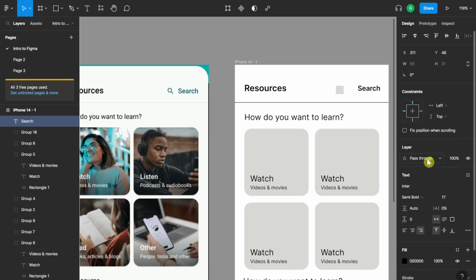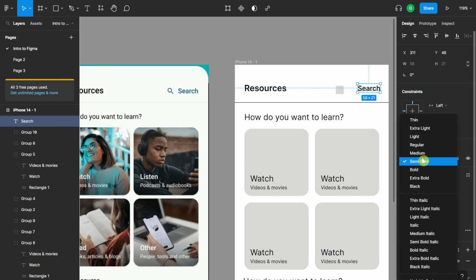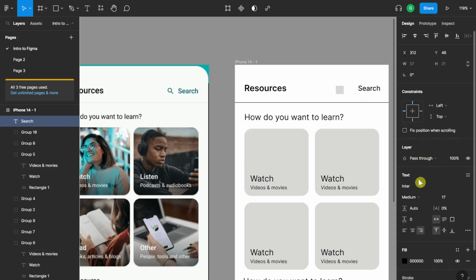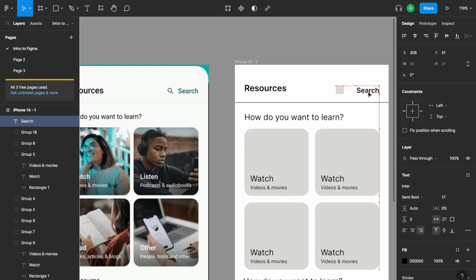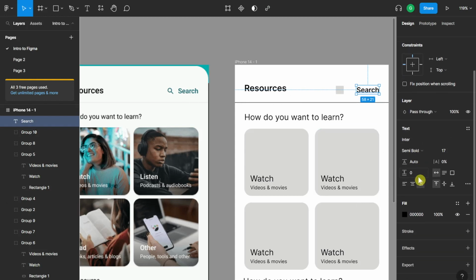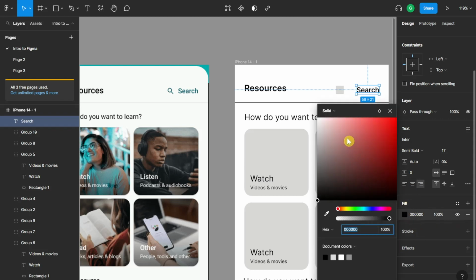And it's probably also semi-bold, so we'll go with that. And then obviously, as you can see, it has a different color. So we want to change the color of that, which we can find over here at the right where we see the fill. We click that and we can try to find the color using this color picker,